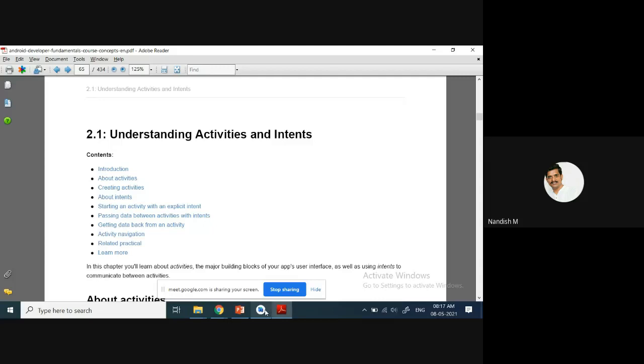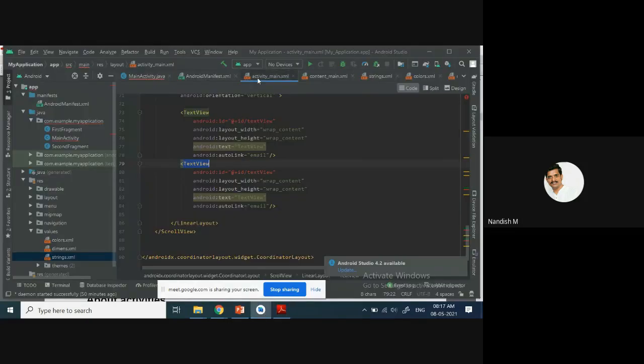See here, in the Android Studio, the first screen is called activity underscore main.xml. Where exactly is it contained? Inside the resource folder, layouts. See another one, content underscore main, fragment underscore first, fragment underscore second.